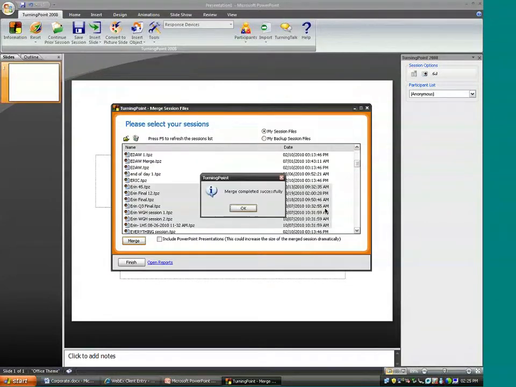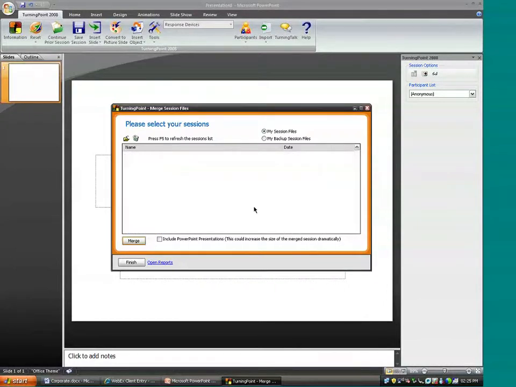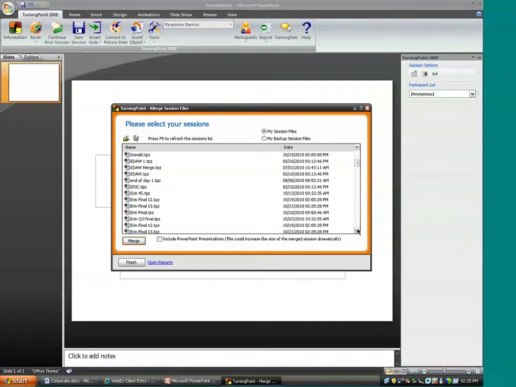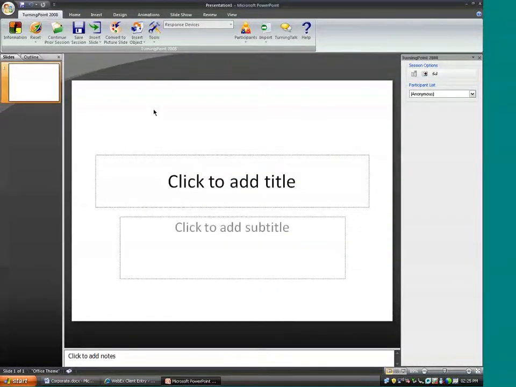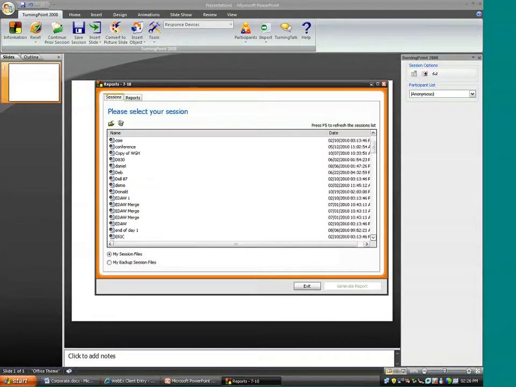Click Save, and now it's going to tell me the merge has been completed successfully. Okay, sounds good. But I do want you to recognize that if I scroll down here, I still have the individual Aaron files. But now I have an additional file called Aaron 13, and there it is right there. Okay, so it's going to be a combined session file. So this is great. I have a merge session file, which is going to go ahead and aggregate all the information together. The most important thing about this, though, and the whole goal of this, is to be able to generate reports. So now if I go to Reports, I'm going to select that session file, which is Aaron 13,